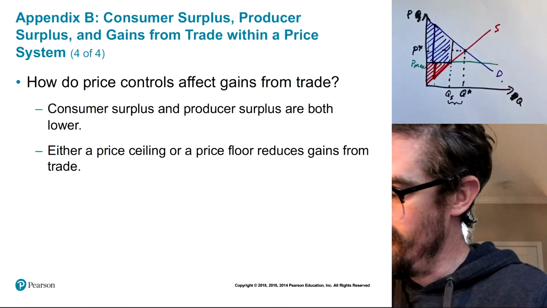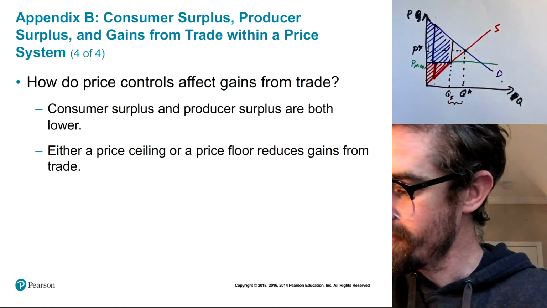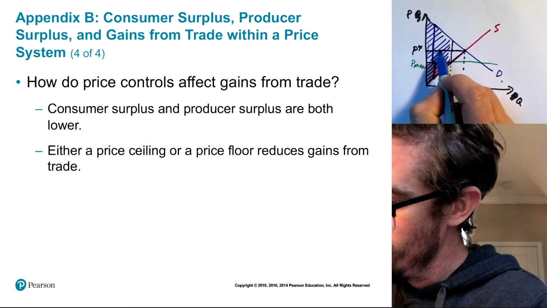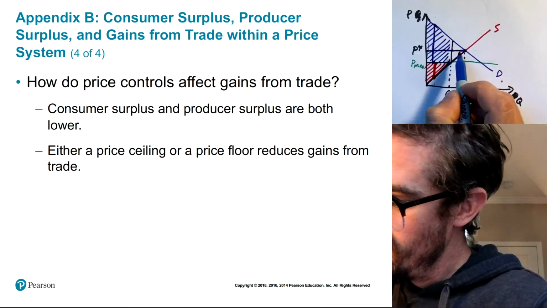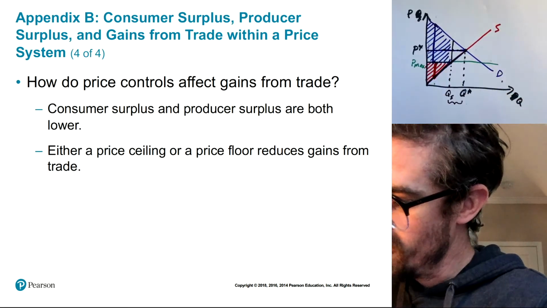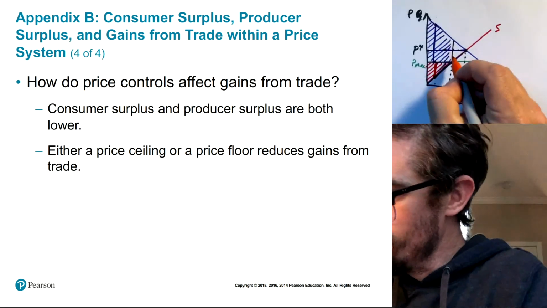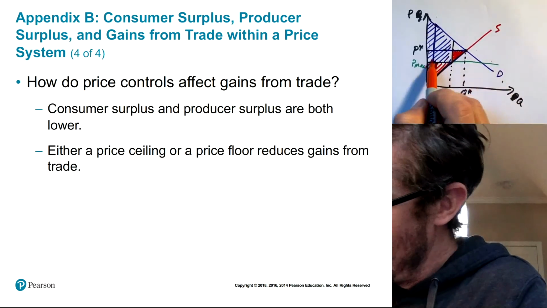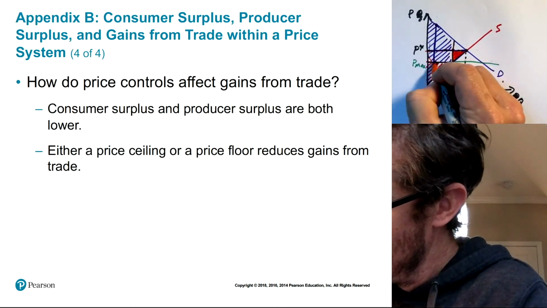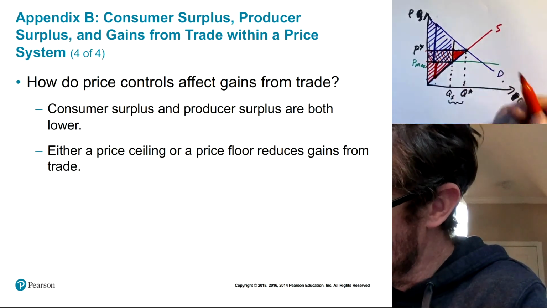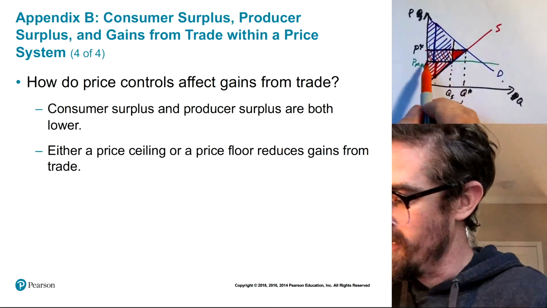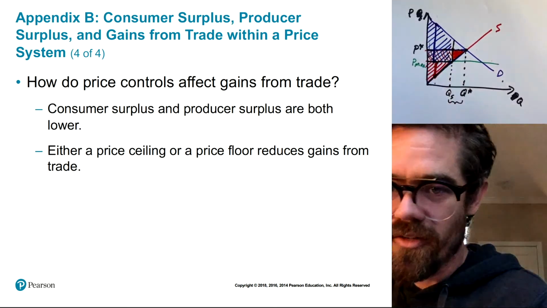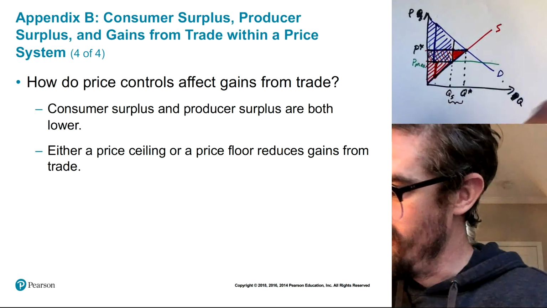And like I said, there's two interesting things here, right? This right here would be producer surplus without a price control. So producers lose, let me use a different color, producers lose this area here, and then they also lose this area here, and it's transferred to consumers, right? So consumers benefit because they get to buy at a lower price, and producers lose out because they have to sell at a lower price. Okay, so there's that. And then on top of that,